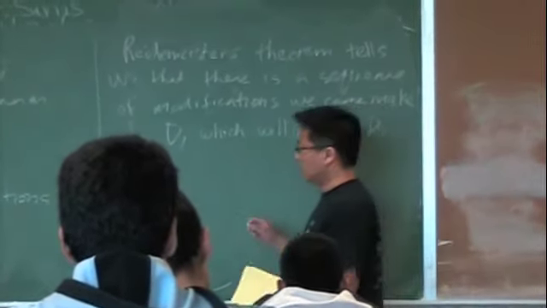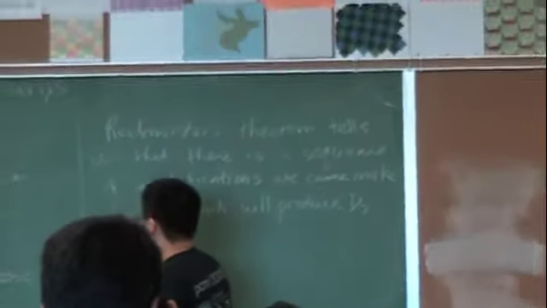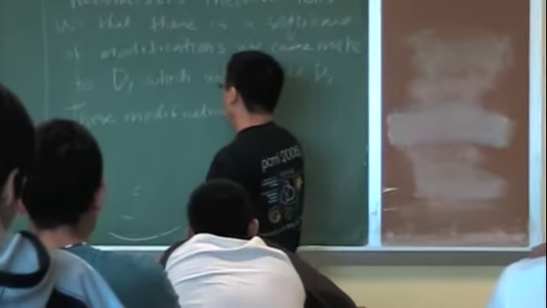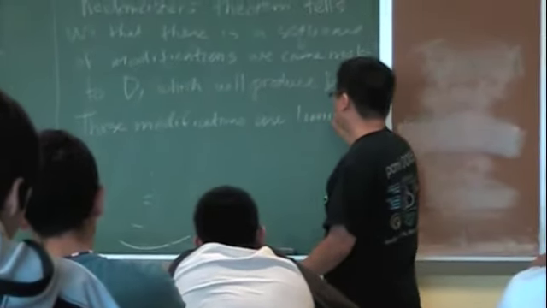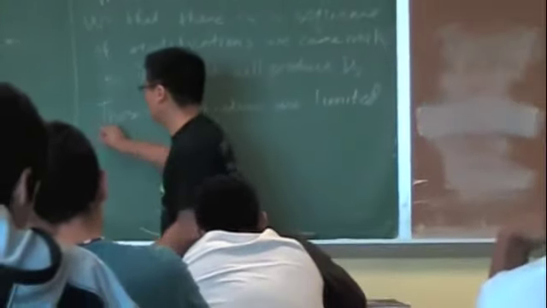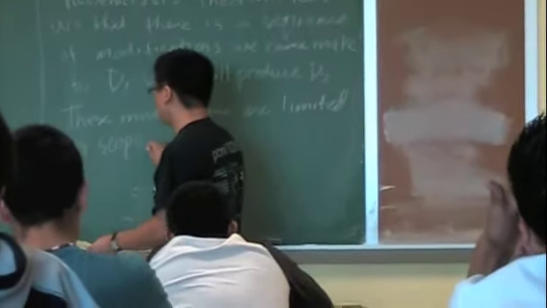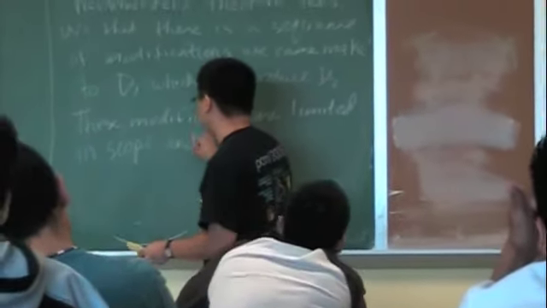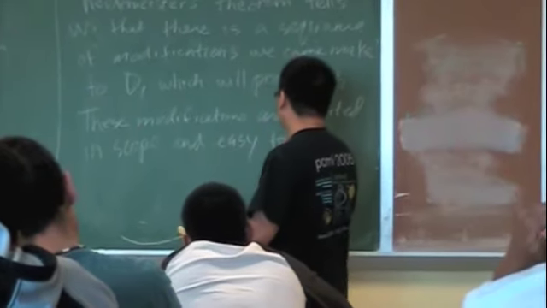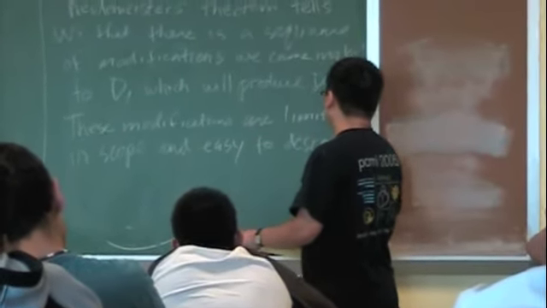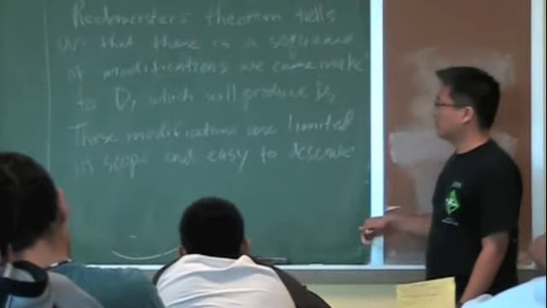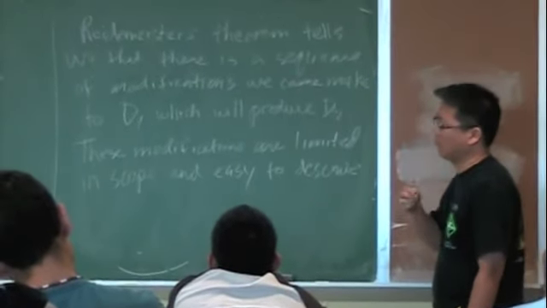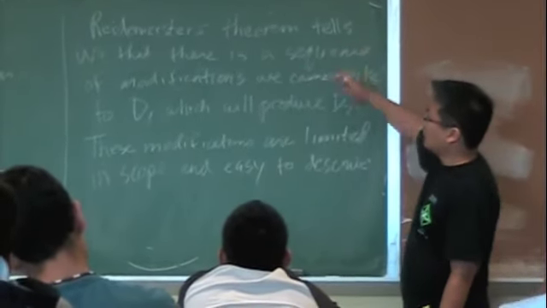And in particular, these modifications are limited in scope. They're only going to affect a small part of the picture and are easy to describe. So the theorem is going to state more precisely what they are, and once you see what the modifications are, it'll become very clear why they're nice, hopefully. But one thing to note is it's very important what kind of modifications